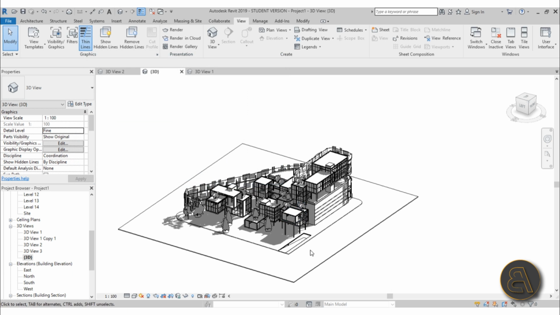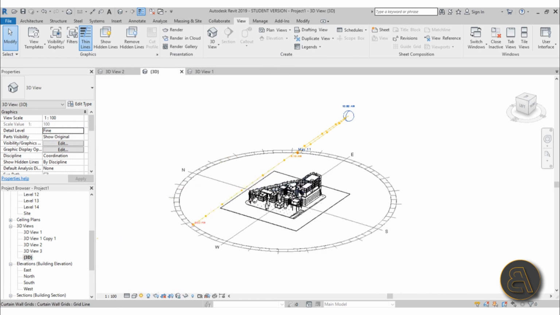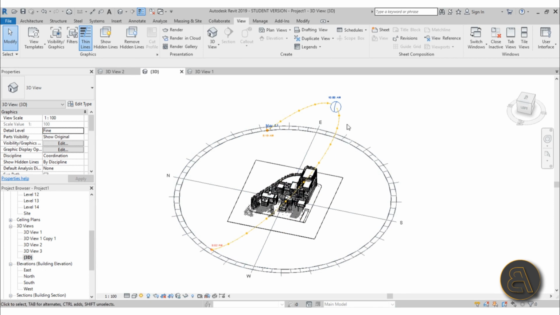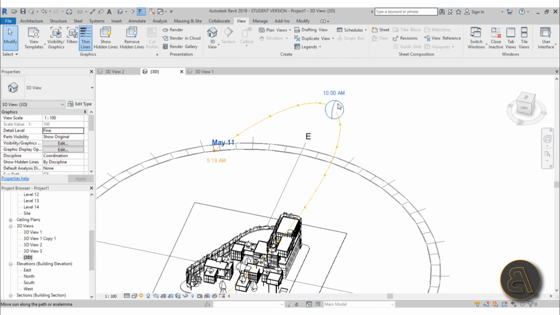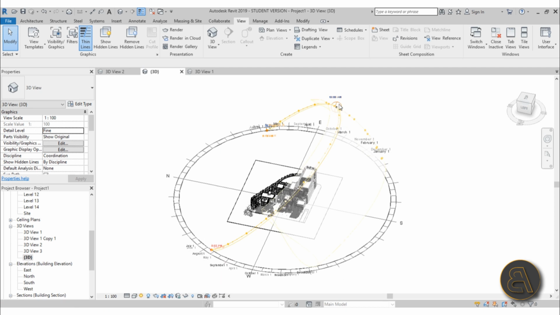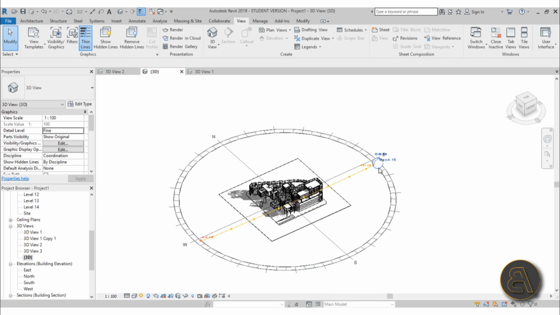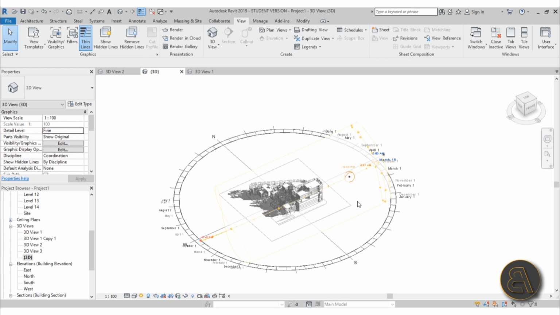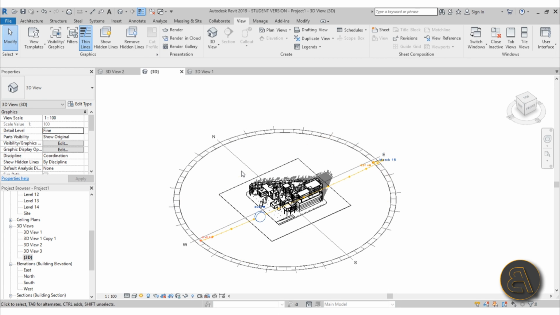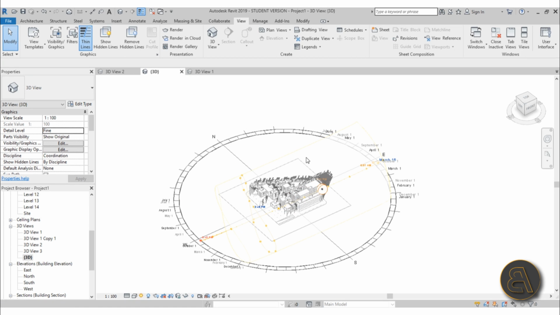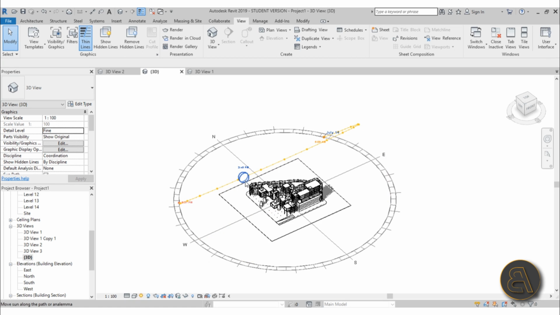So I'm just going to hit OK over here, and then I'm just going to turn the sun path on, and you get to this cool diagram, and here's the sun. So you can actually select the sun, and if I select it and hold it, as you can see, I can actually move it on the screen. It gives me this dialog where I can actually move it around. So if it's day, night, and as you can see, whenever I change the position of the sun, I can actually change the